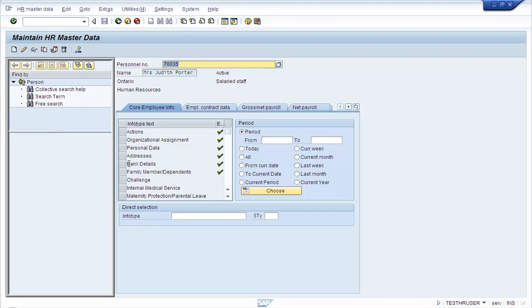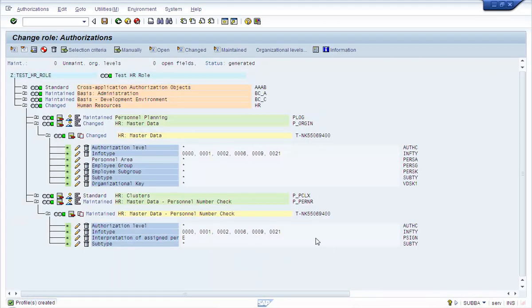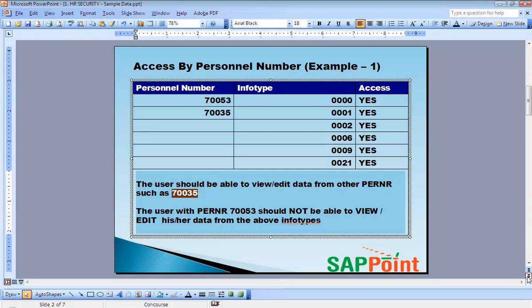So you can see the data now. Now, will this be the requirement? We will now see whether p_origin will be needed if the user wants to see his or her own information but not other people's information. So let's take another example.